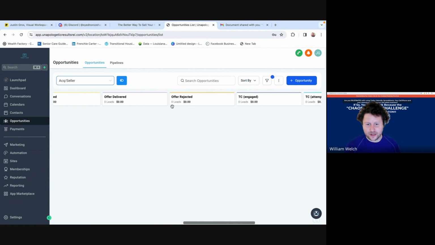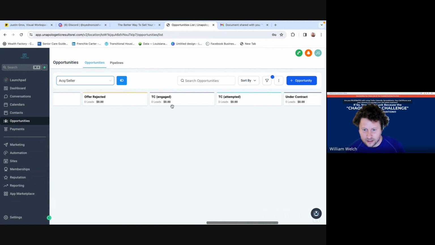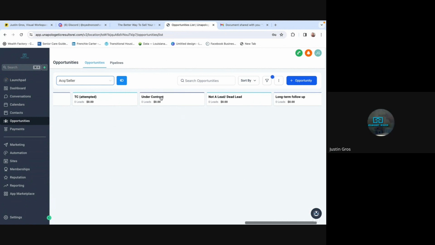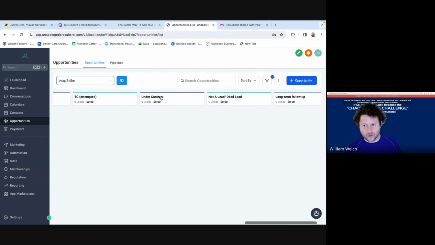Yeah, it's hard to say. It's whatever works best for you, honestly. But like these under contracts, some of those in there I would move to a different pipeline just to keep it cleaner. Because when you start scrolling side to side and you have a lot of leads in there, it's going to get real weird. I'm with you.